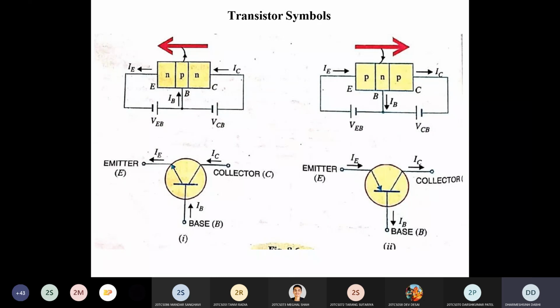So here I complete this lecture. In the next lecture we will see the operation of the transistor as an amplifier circuit: how the transistor works as an amplifier, how it amplifies the input signal at the output side. And after that we will see the different configurations like common base, common collector and common emitter for the NPN or PNP transistor, and then we will understand different examples related to this.